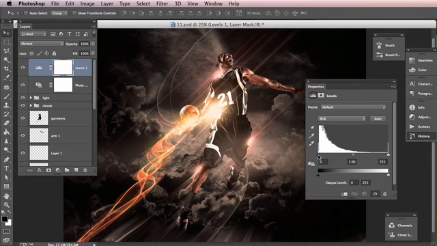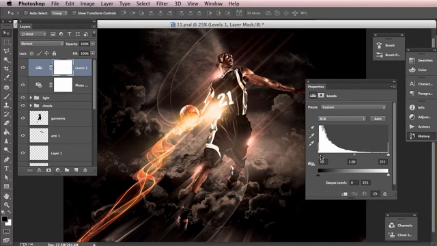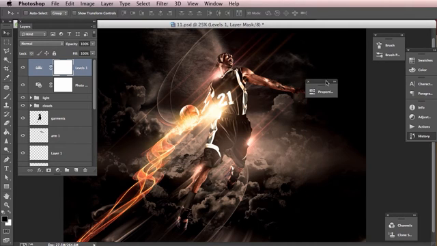So I'm going to add some depth there using the left slider. As you can see, it adds more contrast, and bring the right slider up slightly and bring that in. So now we have more depth in the image,